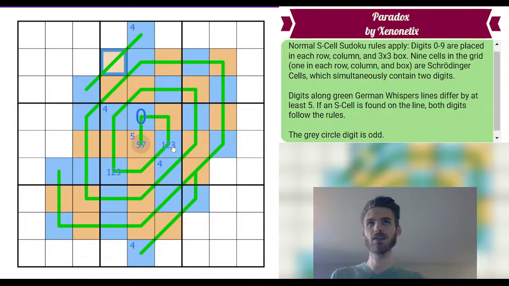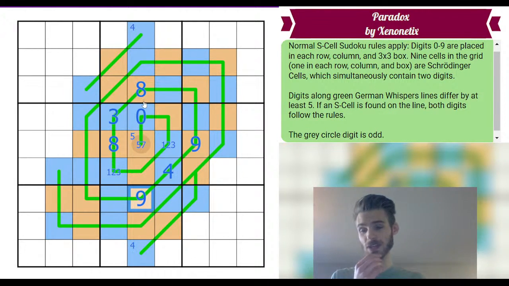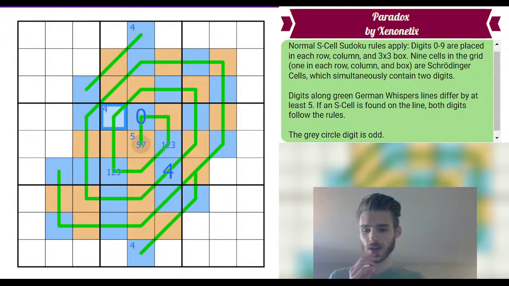But I'm thinking that because 4 is sort of taking that opportunity, does that mean that 3 in the box must be flanked by 8 and 9? Or could you have a situation like this, where these are both 8 and these are both 9? That seems feasible to me. Okay, so